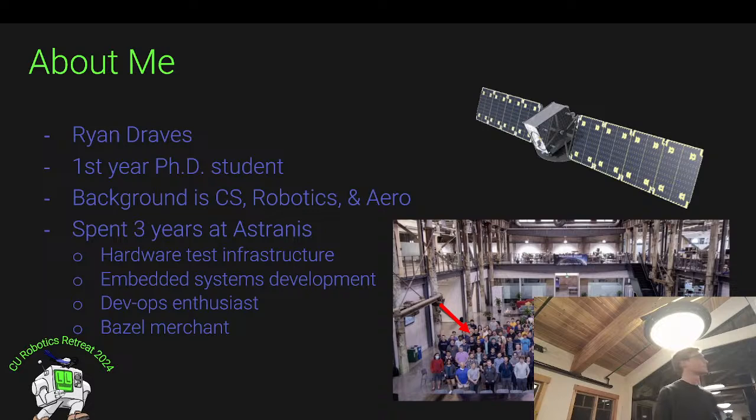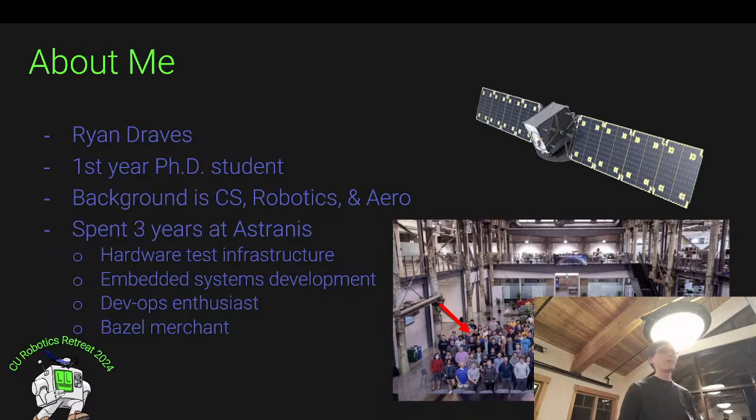And then I spent 3 years in the aerospace industry at a company called Astranis. They were a startup in the Bay Area. Well, they are still doing their thing. They made geostationary microsatellites, particularly communication satellites. Imagine satellite internet as a common use case for those systems. I did a lot of things there as a software engineer, like a lot of the infrastructure development for our hardware testing. A lot of components need to be integrated and brought up into the larger satellite system, and I wrote a lot of the test infrastructure for that.